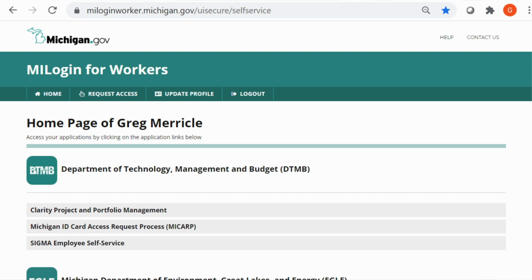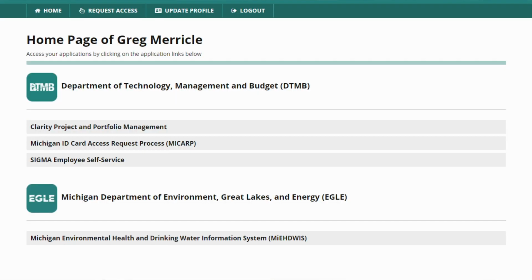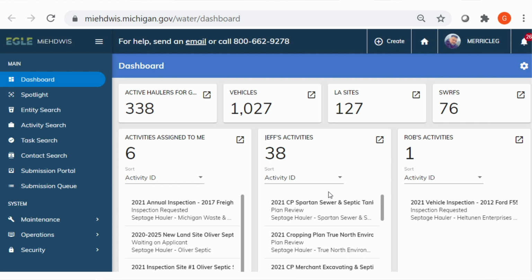And down at the bottom is where I have access to EGLE. So if I do all my login stuff, go to My Login, I have a link to EGLE. Click that link and it goes right to EGLE. And this is what it looks like. And this is actually an old screenshot because I made this presentation 2 years ago, I think, and EGLE's updated since then.